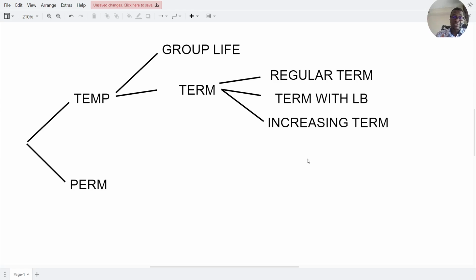I will even argue that probably if you start at 35 years old, by the time you get to 60, 65, you will not want to keep that policy, because the premiums could quickly become very expensive to the extent that you will not be able to maintain that coverage.